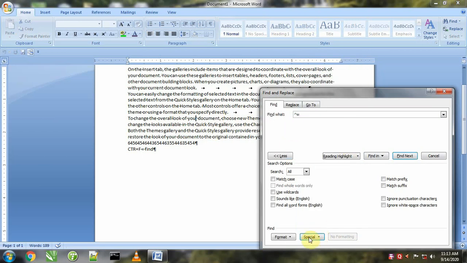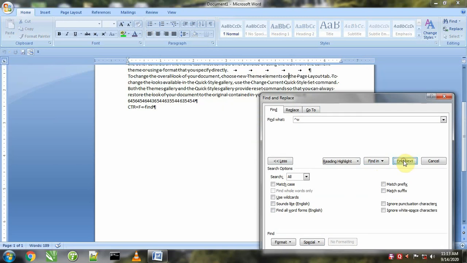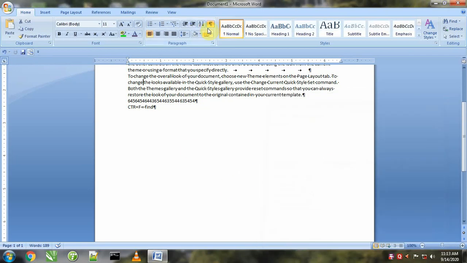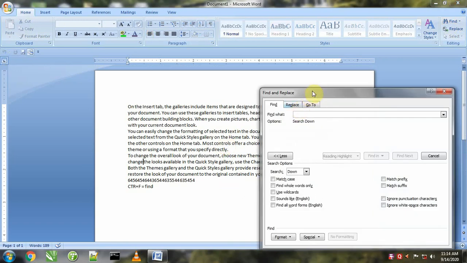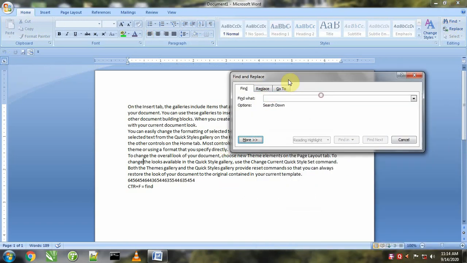So if we click on white space like this, it will search all the spaces present in the document and show you all the spaces present in the document. So this is the find command that we can use to find a word or a letter or some other things from a text or paragraph or from a file. It is a very helpful command of MS Office Word that we can use in different ways.